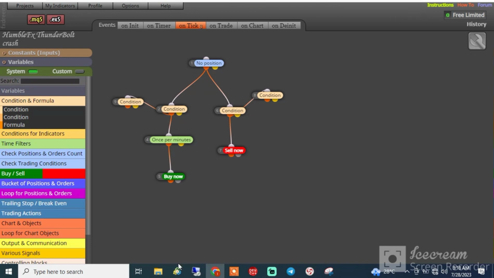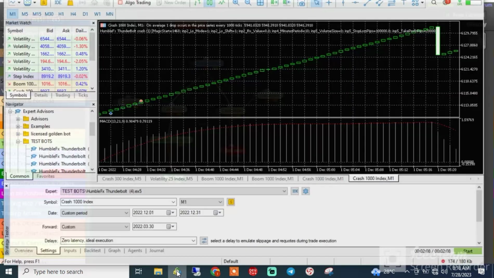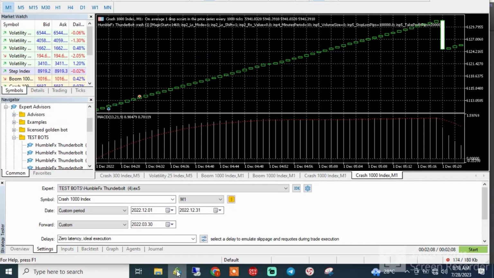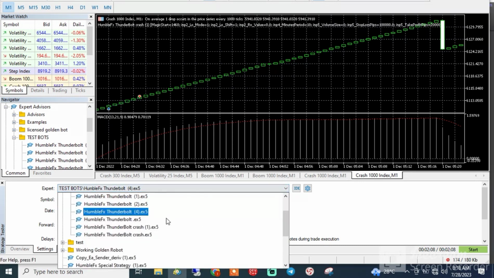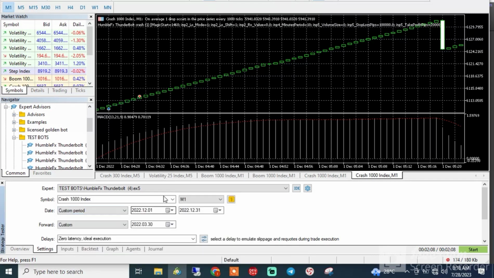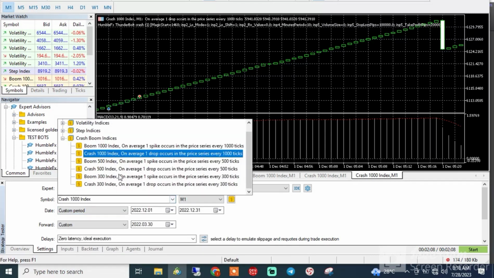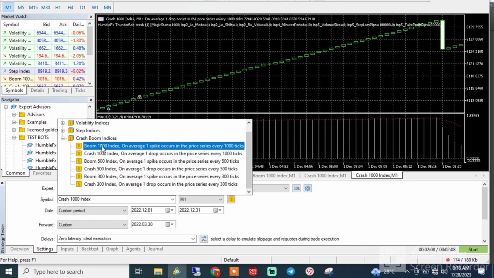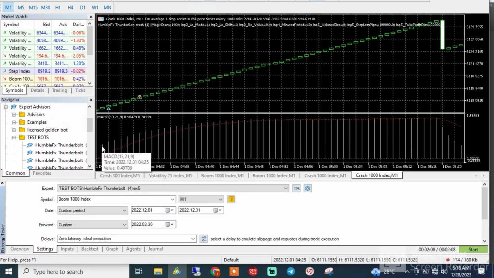So now let's check the MT5 and see what's going to happen. This is my MT5 platform. I'm going to test the Boom 1000 first, so you see how it works on the Boom 1000 and the results we realize after 30 days. You will be shocked. So now I'm looking for the Boom 1000 indices,